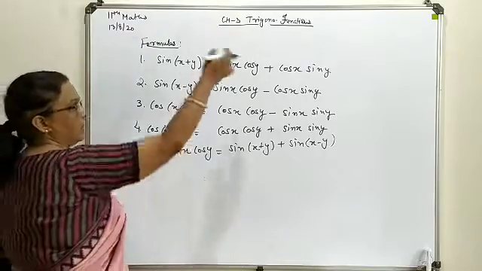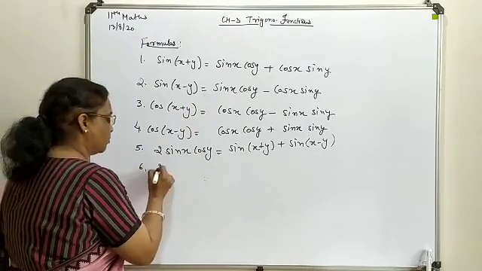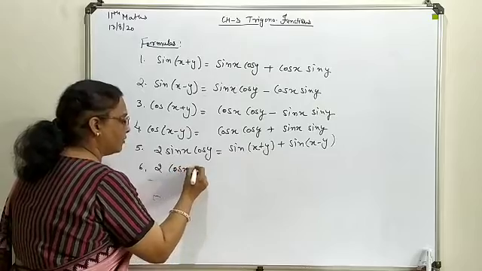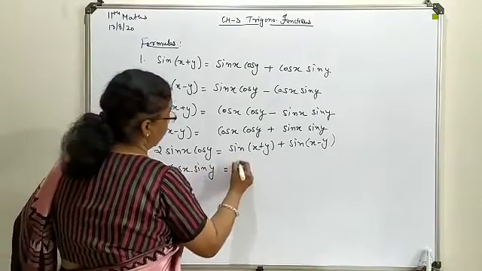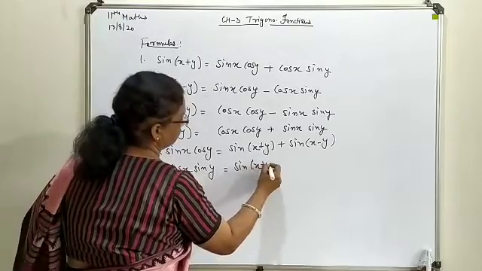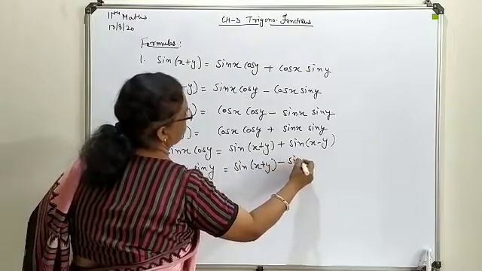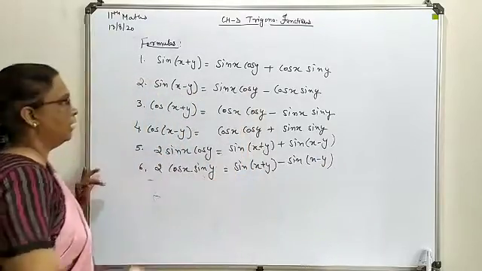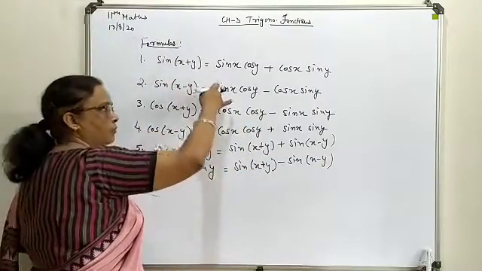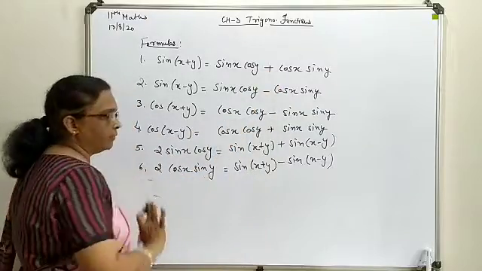Next, if you want the reverse order, means 2 cos of x sin of y, if you are in need of it, you can write it as such, no need to change the order, because in sin we are going to follow the same. So if you separate them, these two will cancel, these two will add, and this will give you the same form.